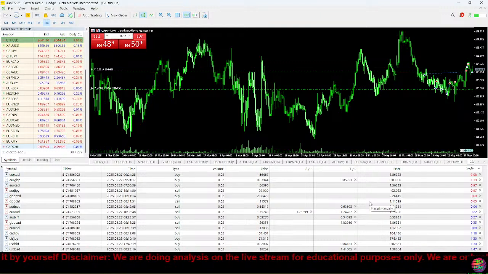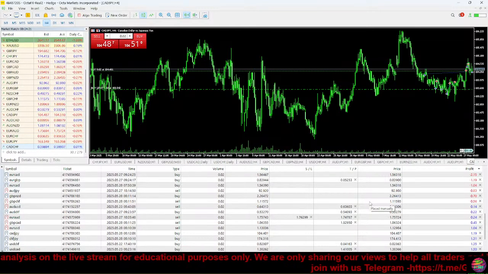I have never used it in my life, so we will not be paying attention to this at all. This is going to be the stay in drawing mode, which I also have never used in my life, and you will not be needing it. It is absolutely pointless. Along with this, lock all the drawing tools. I've never used this in my life, and I do not plan to ever use it.